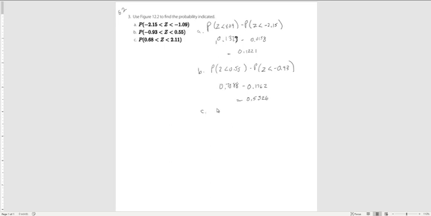Continuing in a similar fashion, we're going to have the cumulative probability that we're less than 2.11 here in C, minus the cumulative probability that z is less than 0.68. And we'll look up again in our cumulative standard normal distribution table, figure 12.2, the probability that z is less than 2.11. We're going to be in row 2.1, column at 0.1. So let's see, that'll be